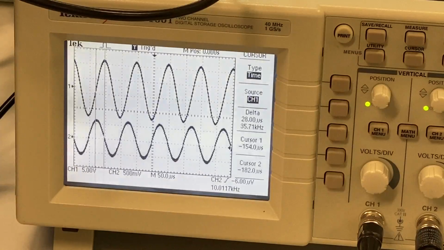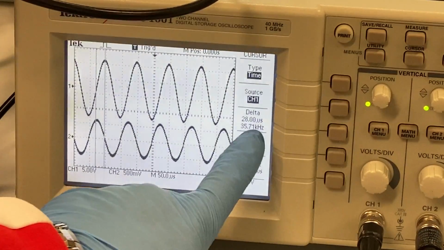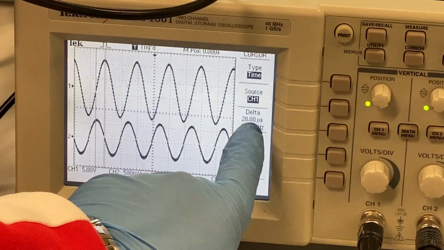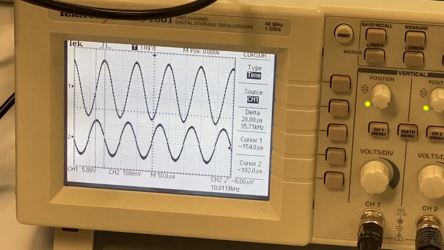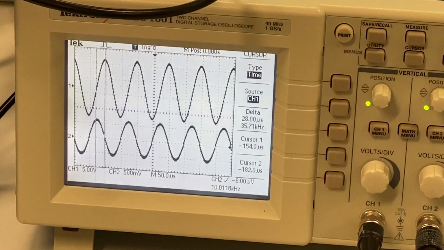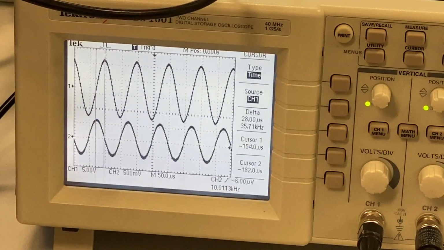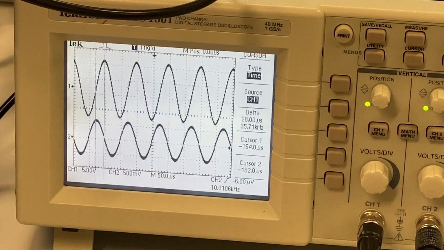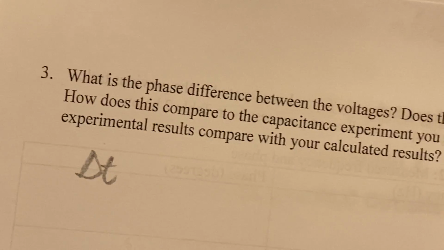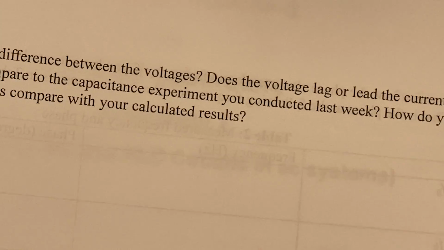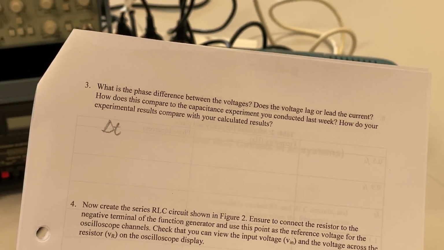Yeah, we've got now this difference. Now what we have is a difference between these two in the second division, which is that 28 microseconds. You can see that 28 microseconds. Now that 28 microseconds, we call it delta T. But then now we need to see what's the relationship between delta T,